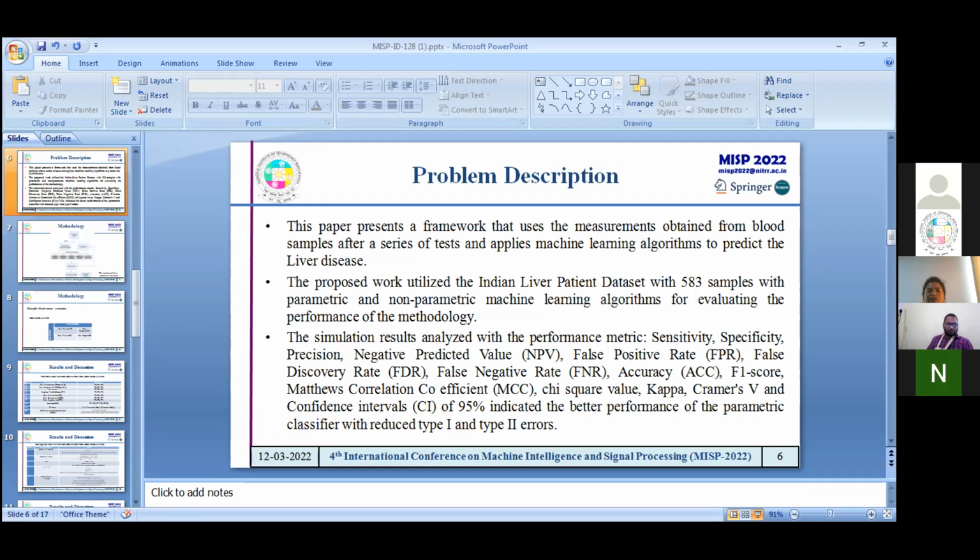We have gone through various previous papers to identify how the work is being carried out. We found that many researchers have worked on this using both imaging techniques and blood analysis. Most of the works are quantitatively analyzed, and accuracy is measured, and also area under the curve and many other parameters are measured.